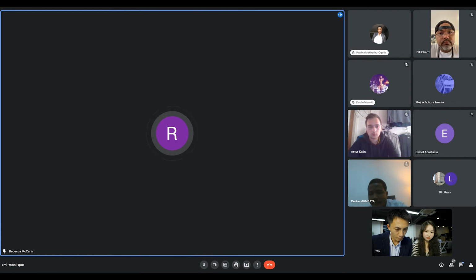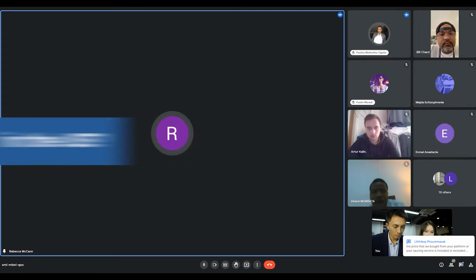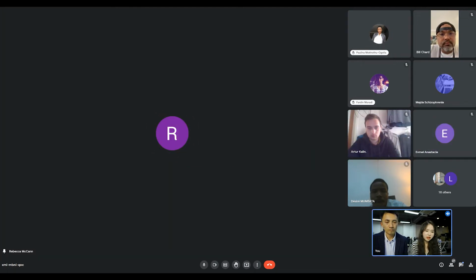Because it's coming from the UK, we do not have to pay sales tax on that order. But if it's being held in your warehouse in the US and it's going to a customer in the US, will there then be sales tax expected to be paid on that? How does that work? So if your supplier is from the UK and you send the stock from the UK to our US warehouse, our US warehouse can just act as a receiver.